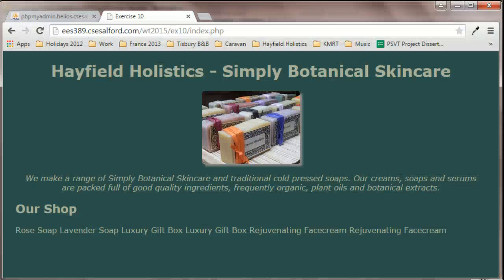So if we go and have a look, we can see that we have just got here, one after another, the names of the items in the database. The rose soap, followed by the lavender soap, followed by the luxury gift box, followed by another luxury gift box, followed by rejuvenating face cream. So those are the items in the database that have just been displayed. And I can think about displaying these in a nicer way. So for example,